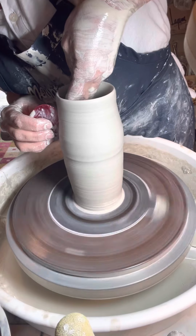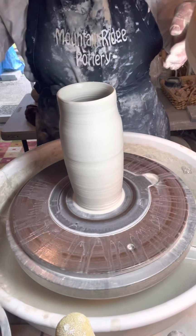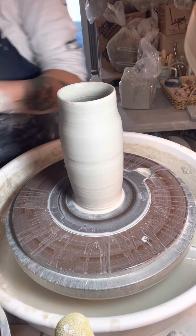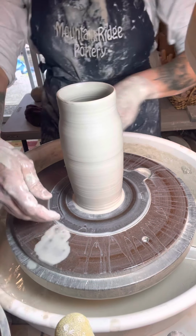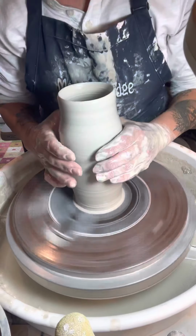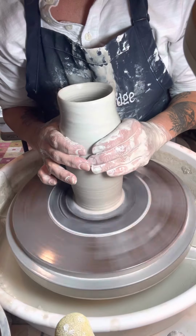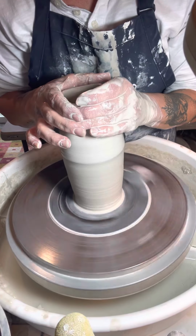There we go. See how that rib helps me form that? Okay, so now the tricky part is getting this formed up above. I'm getting a little weakness in this area right at the top, so I have to be very careful how